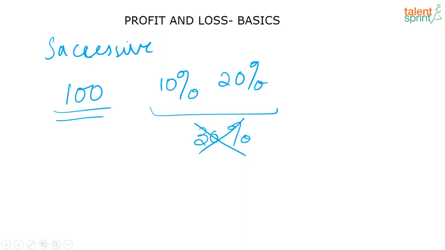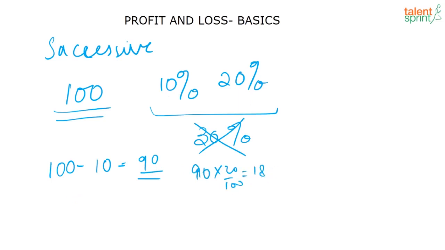What you have to remember here is that the cost of the article is 100 rupees. So he is giving a 10% discount on the article. So now what is the new cost of the article? 10% of 100 is 10. Correct? So the new cost is now 100 minus 10, or 90 rupees. This 20% discount that he is giving is not on this 100 rupees. It is calculated on this 90 rupees. So 20% of 90 is what? It is 90 into 20 by 100, that is 18, correct? So the new price at which he is selling is 90 minus 18, correct? That is equal to 72.